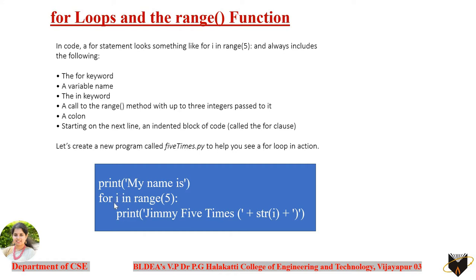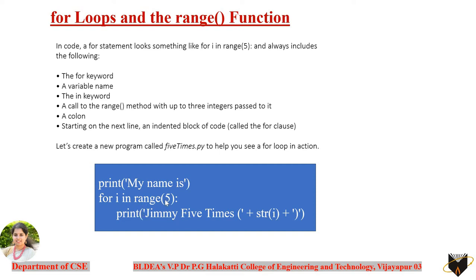Once again I'll remind you that you don't need to declare any iteration variable before using it. You can directly use it in the loop itself, where the variable or a letter or a word which follows the for keyword is considered an iteration variable here, and followed by that, in is the keyword that is mandatorily required here, and range is also a method which is mandatorily required to tell how many times this statement needs to be executed.